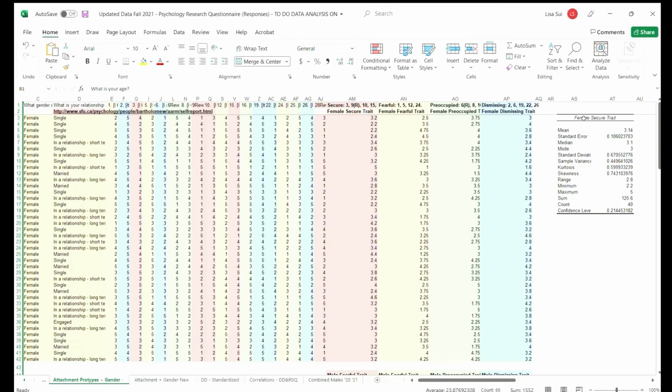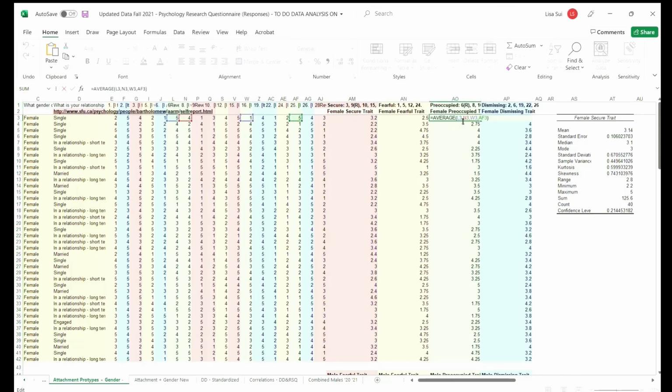So you can see when I do descriptive stats here, the label gets inputted here. You'll also note that some of these questions, for example, this average here, my preoccupied trait actually uses the reverse of number 6, but my dismissing trait uses the original number 6. So that's why, for me, I like to keep both the reverse and the raw score not hidden,